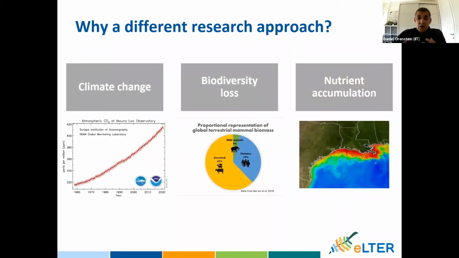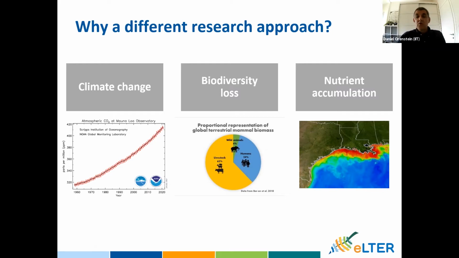Three primary global scale environmental challenges, certainly not all the environmental challenges, but three very prominent ones among them. Climate change, represented by the ever increasing amount of greenhouse gases in the atmosphere, of carbon dioxide in the atmosphere. Biodiversity loss, represented by the minuscule portion of global terrestrial mammal biomass represented by wild animals, only 4%. 96% of all terrestrial mammal biomass is composed of humans and their domesticated animals,